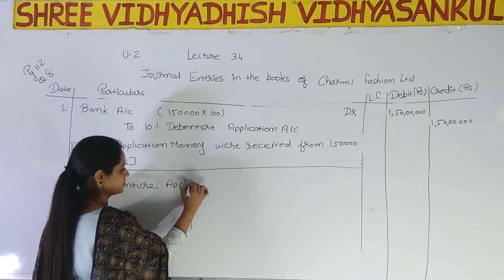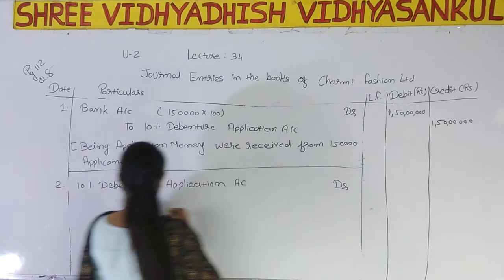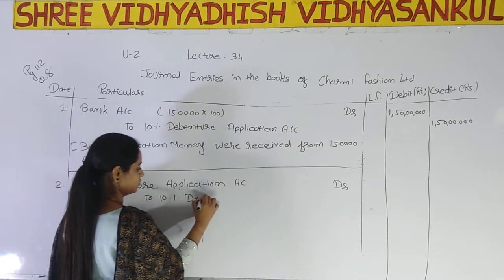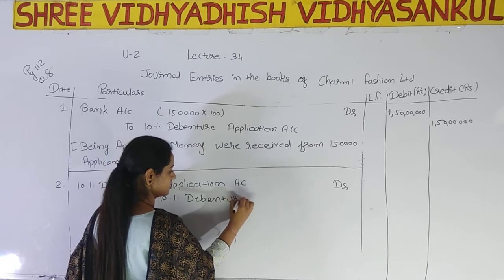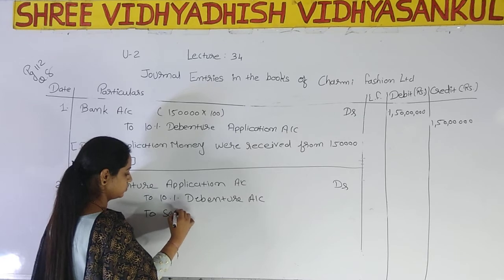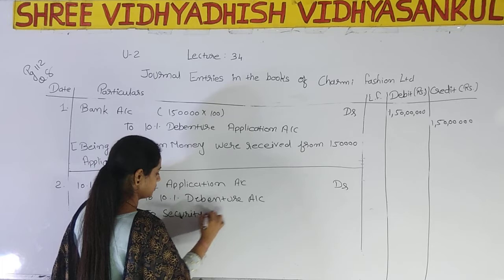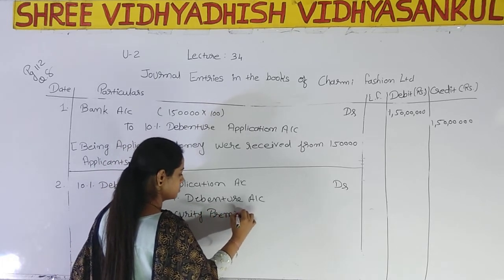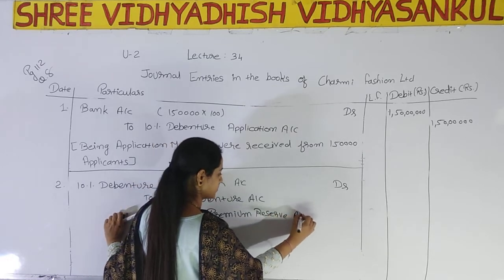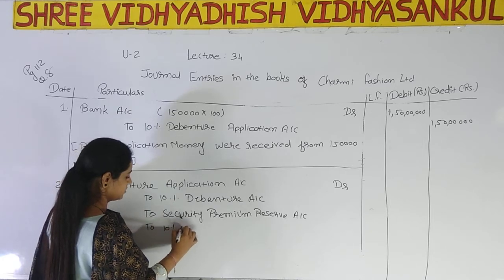10% debenture application account debit to 10% debenture account, right? Then we have demanded premium. So we have to credit to security premium reserve account. Here we have to mention reserve in debenture. And to 10% debenture